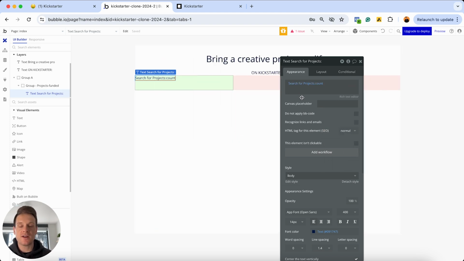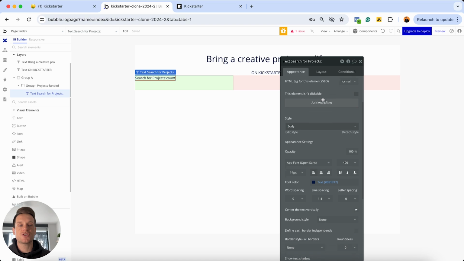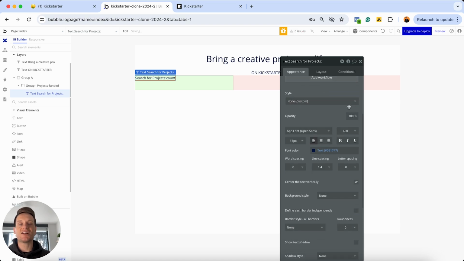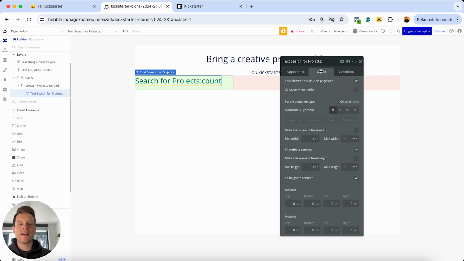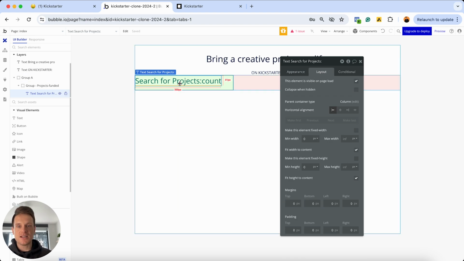That was pretty straightforward. Now, while we're here, I'm also going to scroll on down because we're going to detach the default style. I'm going to set the font size to be 30. I will align this text in the center, and I'm going to update the font color to be a shade of green here. If you'd like this color code, it's 037362. I'm then going to jump over to my layout tab and make sure this element is fully responsive the